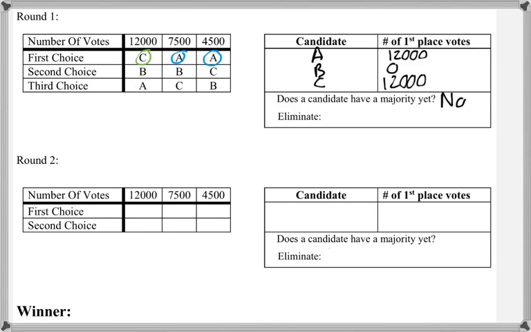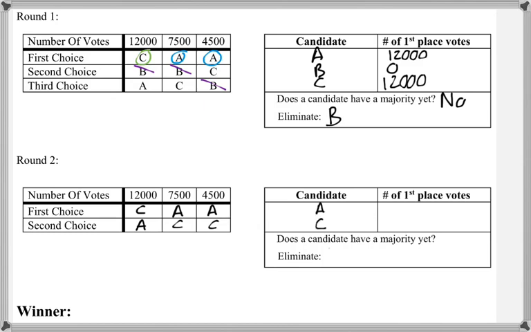And then we want to eliminate the candidate with the least number of first place votes, so that would be Blaine. So I want to remove Blaine from the table and then move up all of the people who are underneath Blaine. So the first column is now CA, the second column is now AC, and the third column is now AC. So we are ready for round 2,